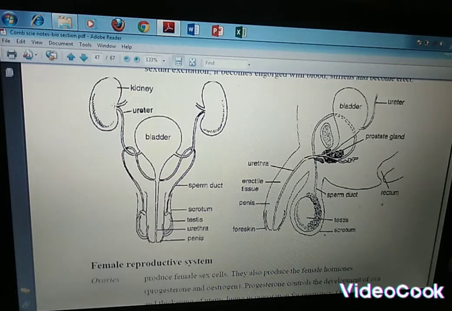And I'm sure you can see our kidneys and the bladder, just the relationship between these three: kidneys, bladder, and our male reproductive system. Okay, that's just the front view. On the side view is still the same thing. We have our scrotum, which is the bag covering what? The testes. We've got our testes here, and this thing that looks like